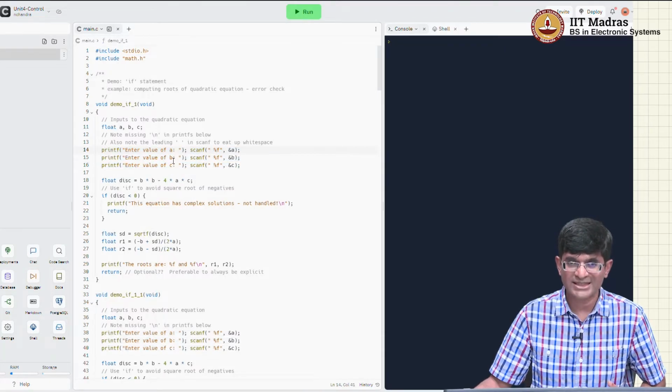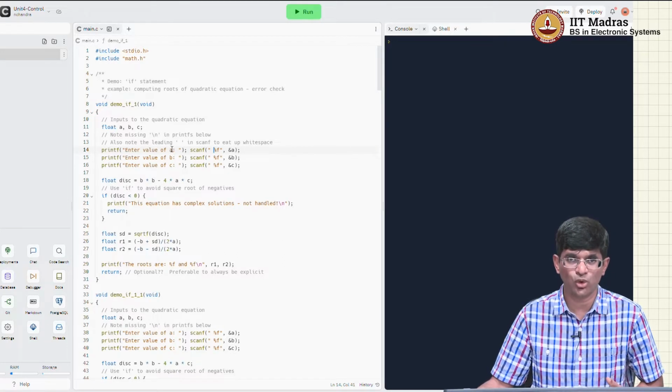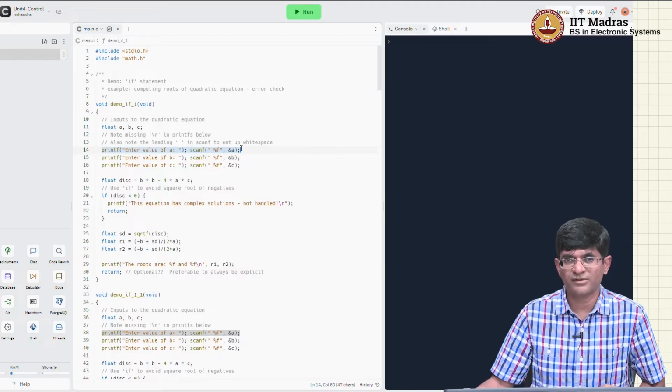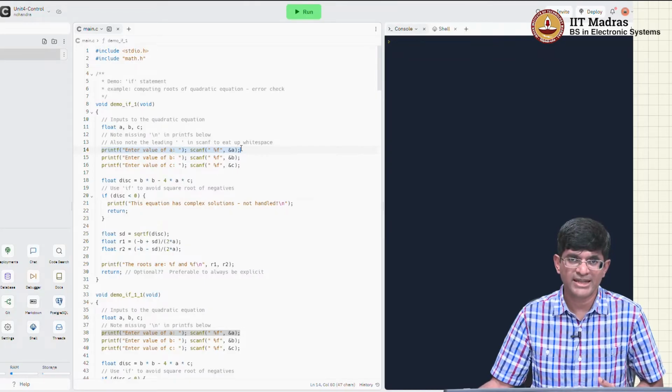There are a couple of interesting things you might want to note, which make it a bit more convenient when you are writing your own programs. These are not parts of the language itself, these are what are usually called idioms, different styles of writing code that might be useful in different contexts. One of them relates to the way that I am using printf followed by scanf. The details of printf and scanf we will look at later when we talk about I/O, but for now, at a high level, all you need to understand is that printf displays something on the screen,